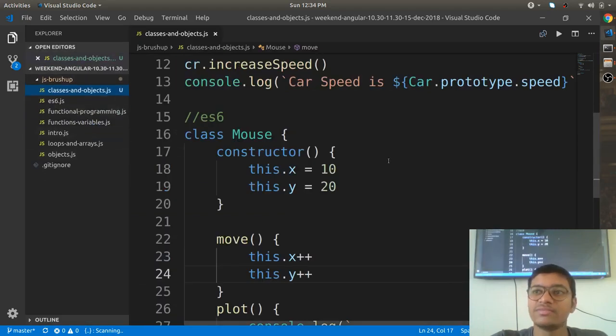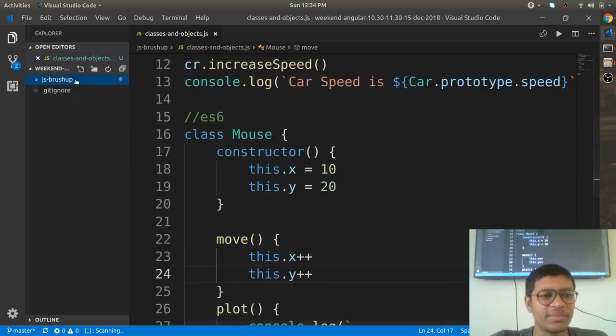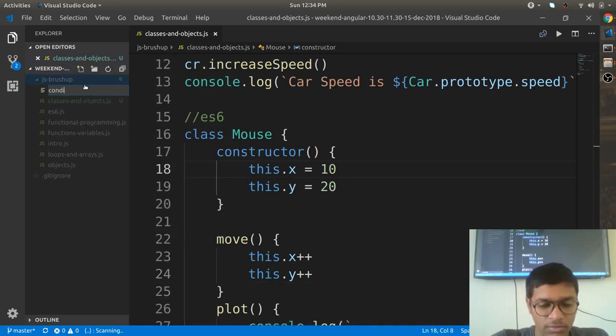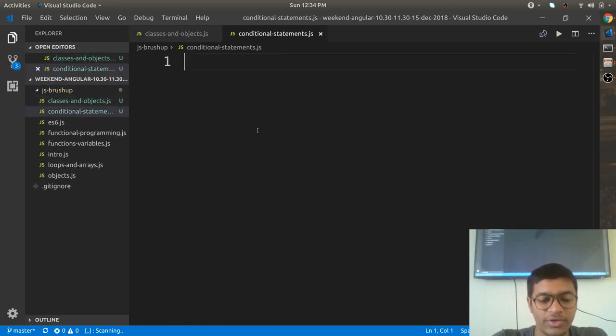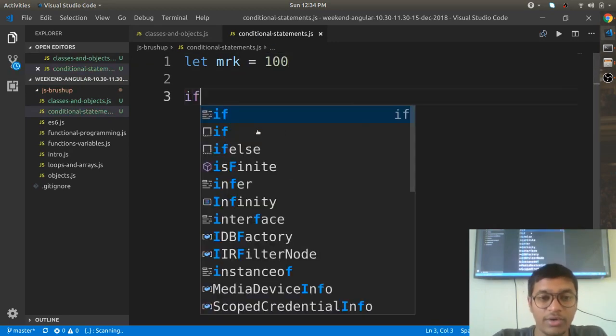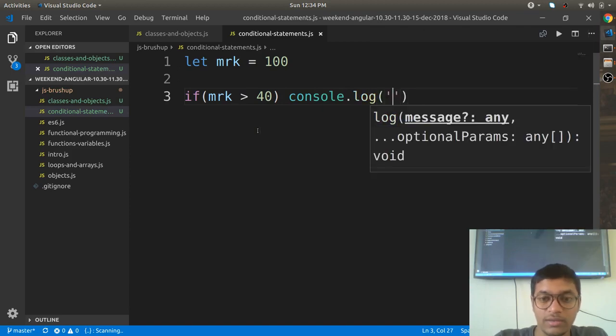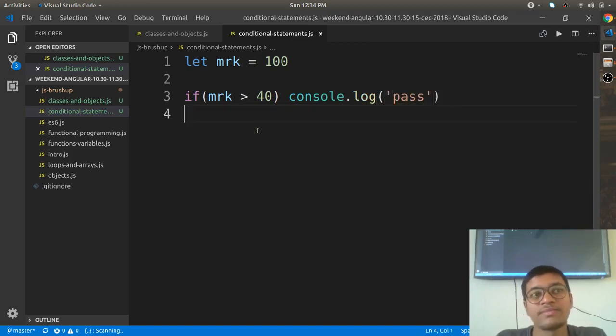Right? So there are conditional statements. Let me show you how that works. Conditional statements.js means you can have let mrk is equals to 100. Then you can have if marks are greater than 40, console.log, you can say pass, right? Else if